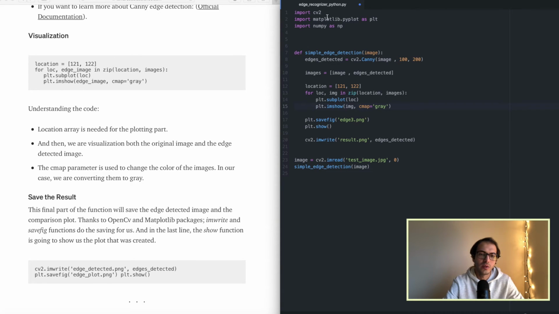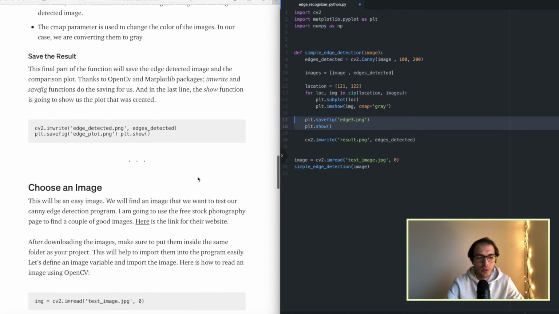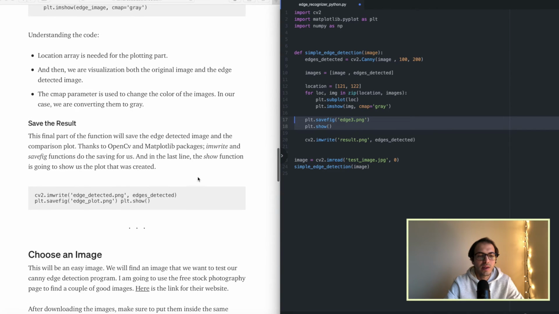As we installed earlier, we are using the matplotlib library to do these plots. When we are done with the for loop, which we were using to put the images side by side, it's just two items, as you can see: the first image and the second image. Alright, what's happening over here? We are saving the plot,